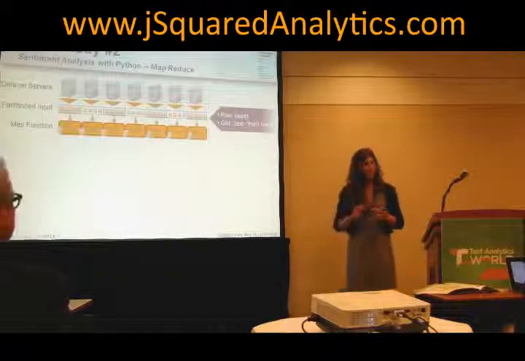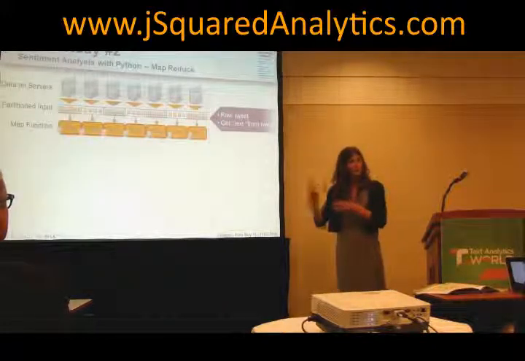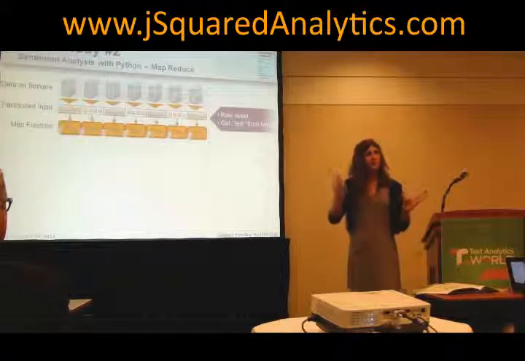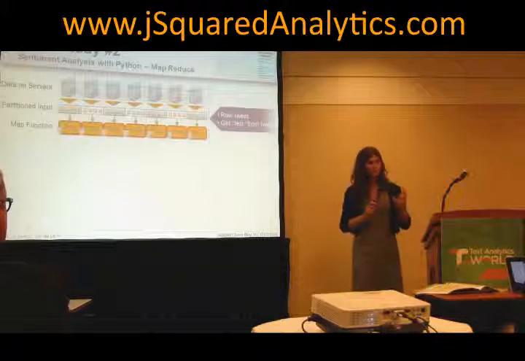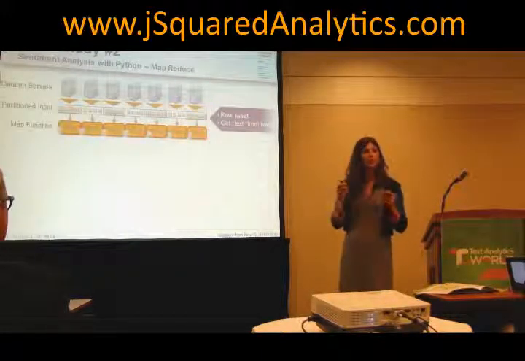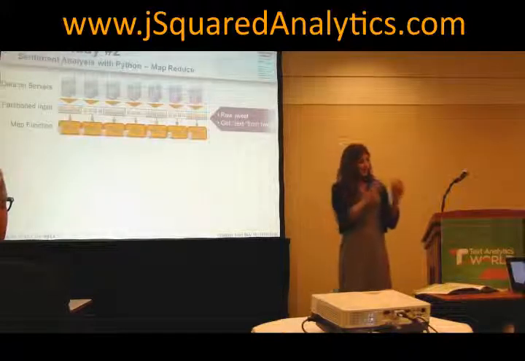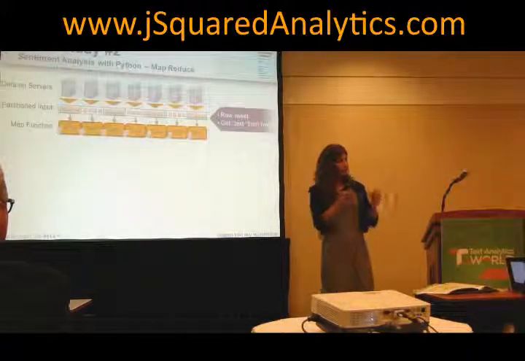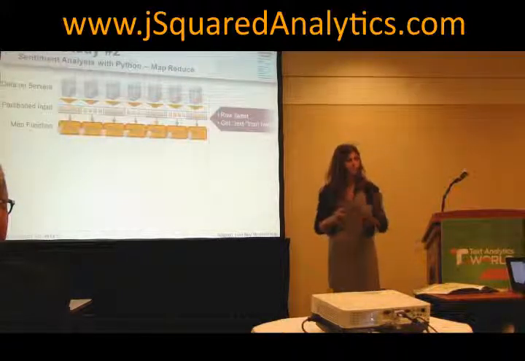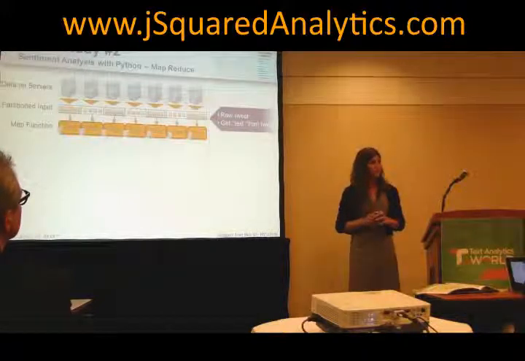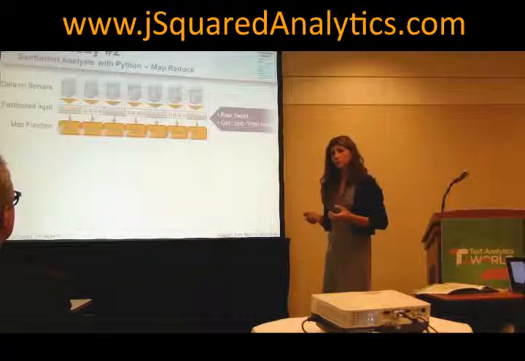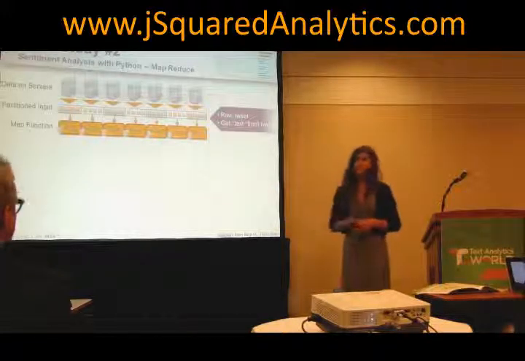Then the map function is usually done relatively close to the data, if not on the exact same server where the data resides. This is taking the data and mapping it to something. Usually it's what they call a key value pair. And so we would take this text and we would map it to an insurance carrier. We would say, okay, who is mentioned in this? Is it State Farm? Is it Geico? Is it Progressive? Who is mentioned within this tweet? And we're going to assign it to that bucket. And then the value is the affinity score. So are they saying something positive about this insurance company or negative?